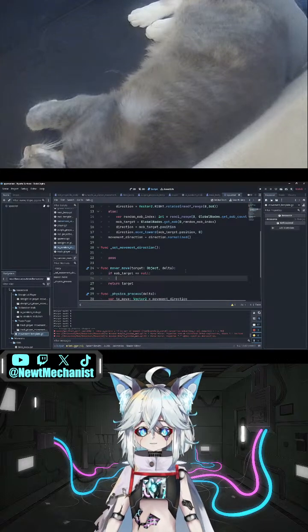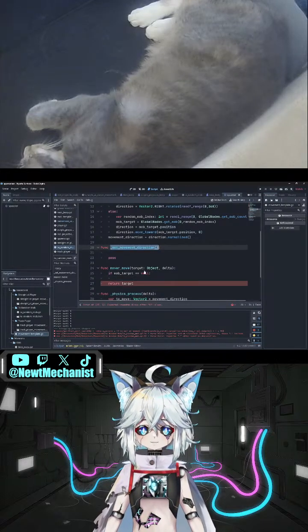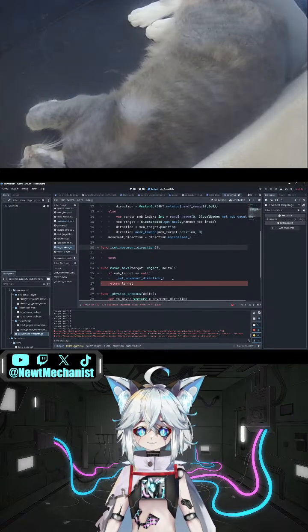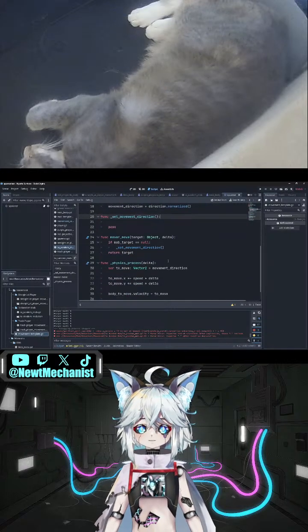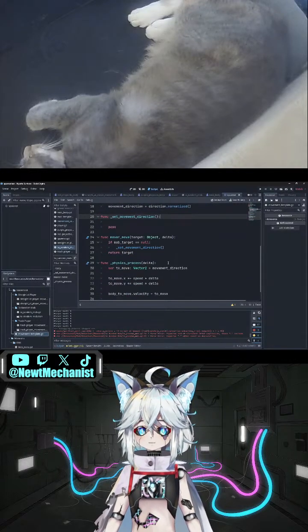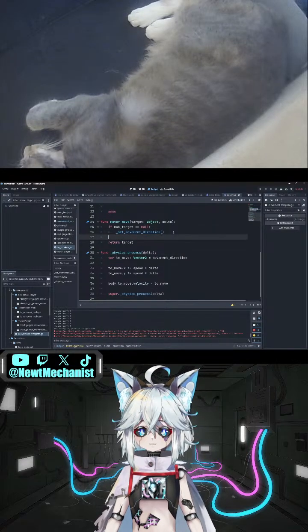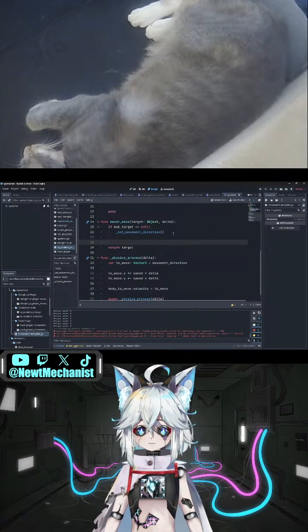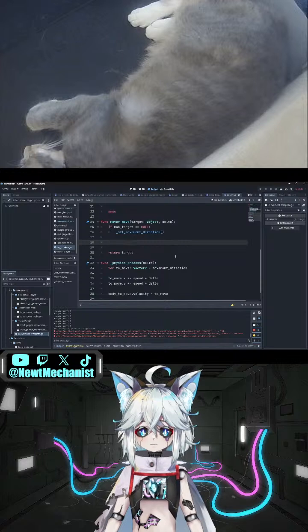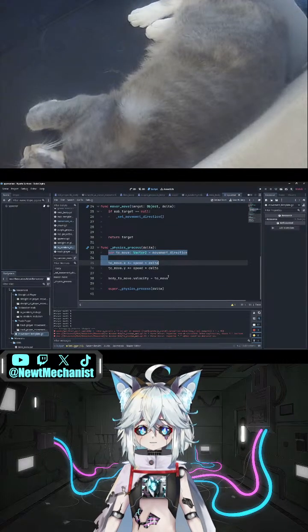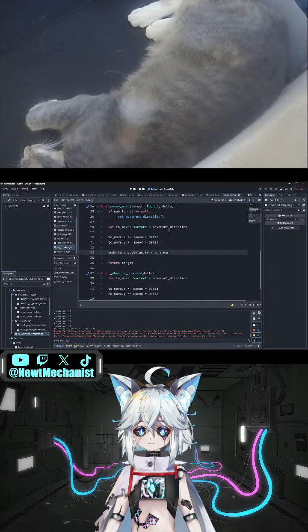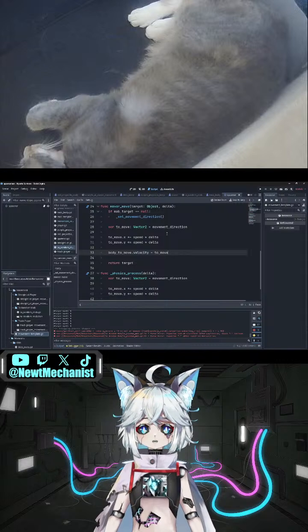So, if the target is null, we're going to call set movement direction. And then I'm going to do this. But